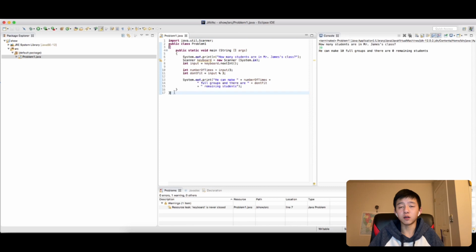So as you can see here, with 17 lines, we can make an interactive code that takes input and outputs the things that we want. This is done by taking the input through Scanner and keyboard, which is the Scanner object that we made, and then calculating the number of times, which is through division, and then the number of times that it does not fit, which is just modulus, finding the remainder. And from that, we can system.out.print it and format it with constants and variables and get the correct